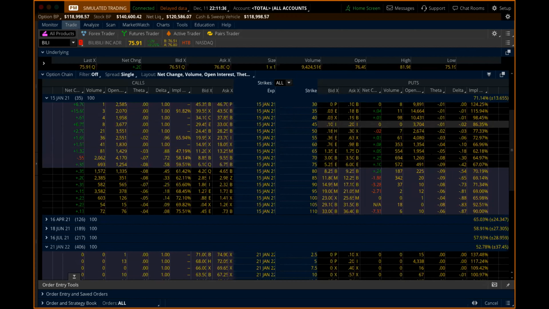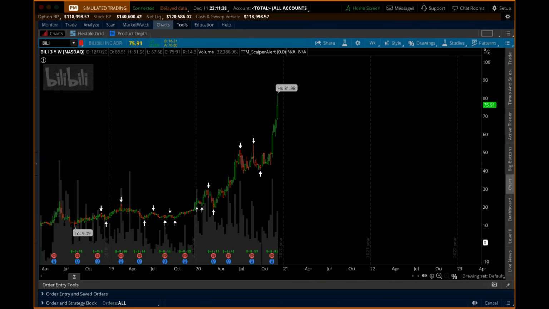It's just a pivot. You can just go to the studies and type in pivot. This one might be different actually. Let's see. This one's a TTM scalper alert, so this is a little bit different, but it's basically pivot points,